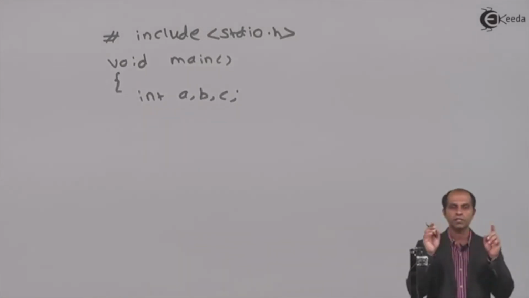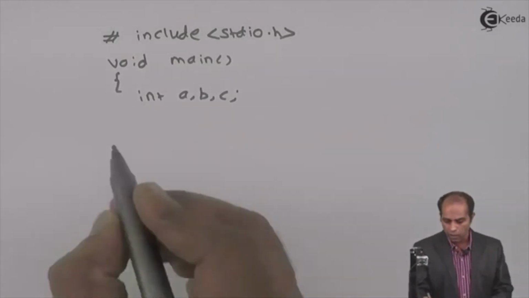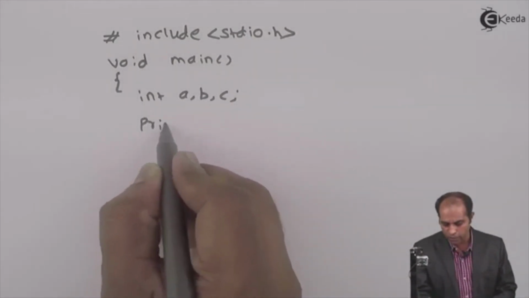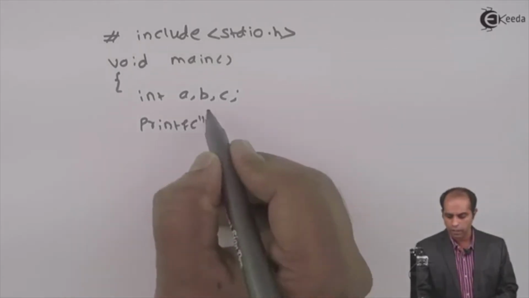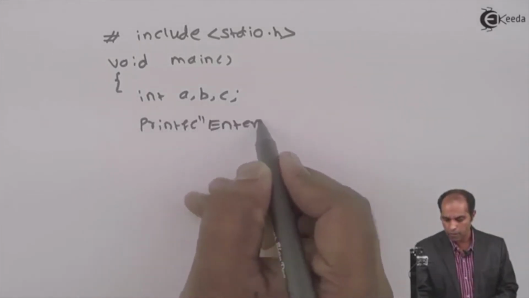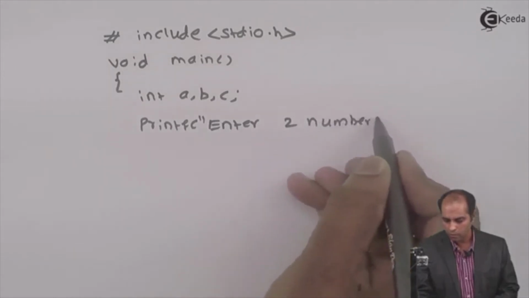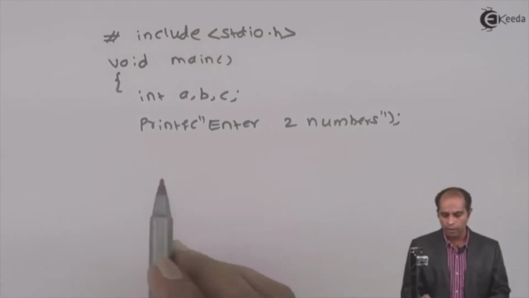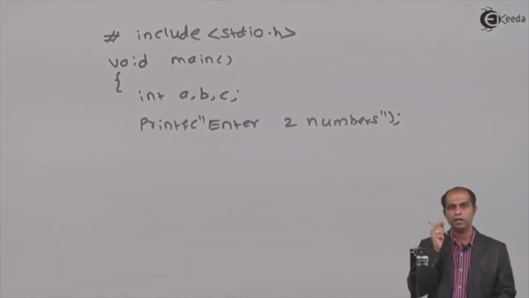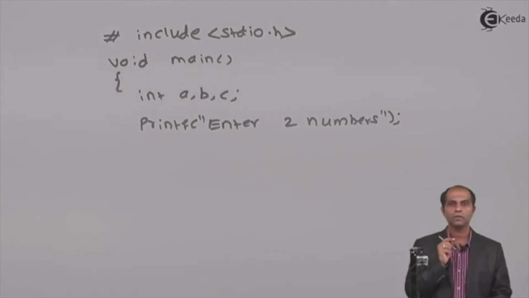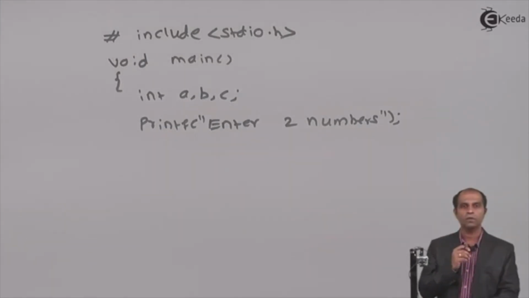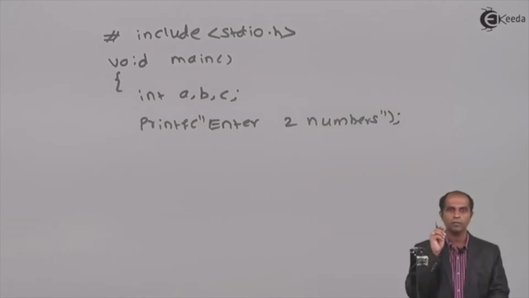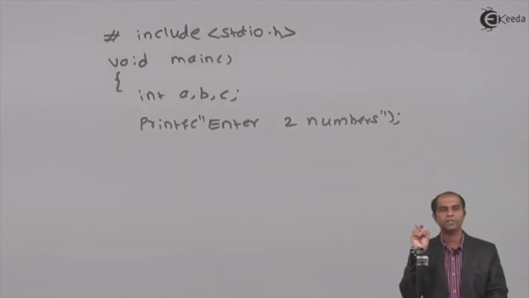If that user needs to have an interaction, I have to display some messages. Now, I'll first write a printf instruction which says enter 2 numbers. Now in the previous case, when I wrote scanf, the control would directly go to the output screen, wait over there and do the operation of entry. You have to make an entry of the input. But in this case, before I enter the inputs, it will first display a message, enter 2 numbers.